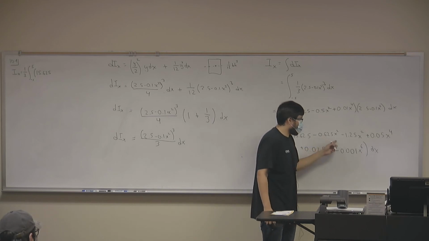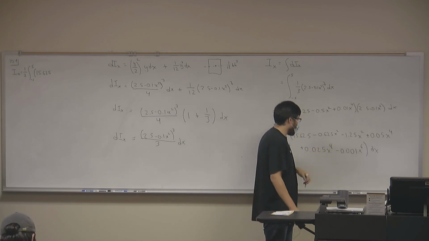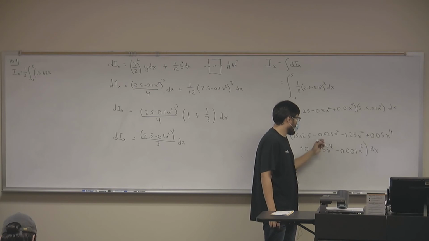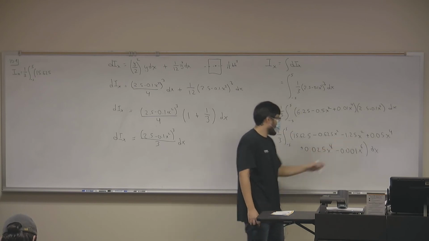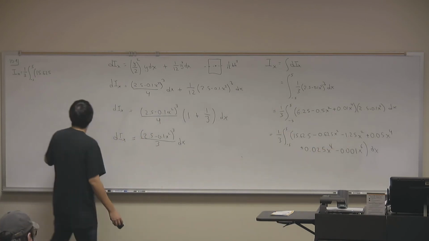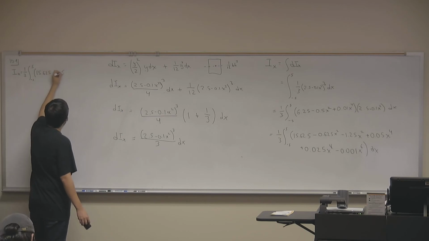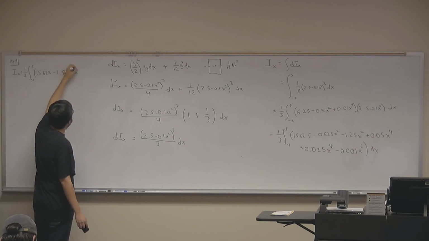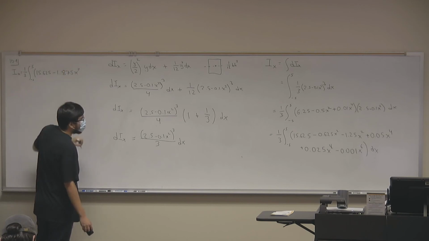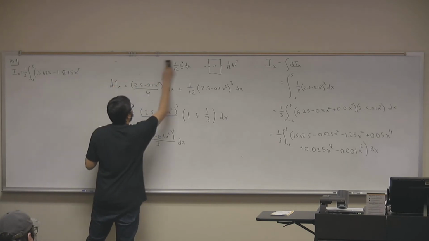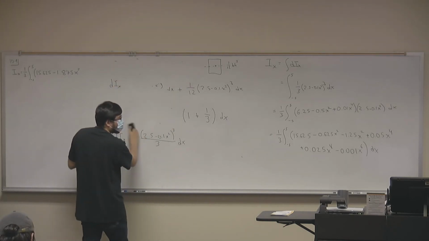Negative 0.625 minus 1.25. How much is that? Negative 1.875. And this will be times x squared? That is correct. Okay. Is x to the power of 4? Do we have more than one term? No. Yep. Okay, so